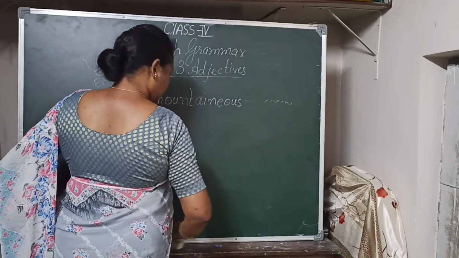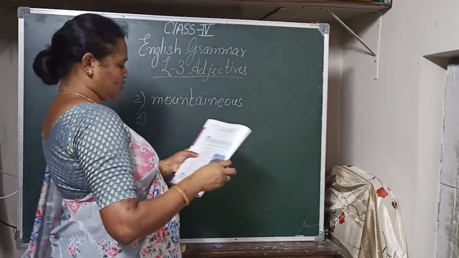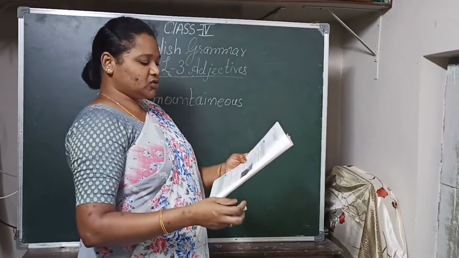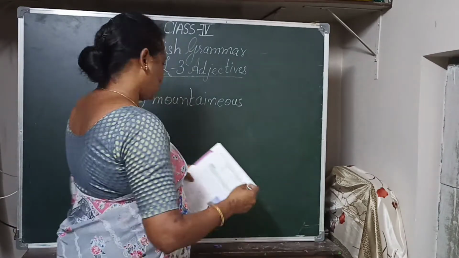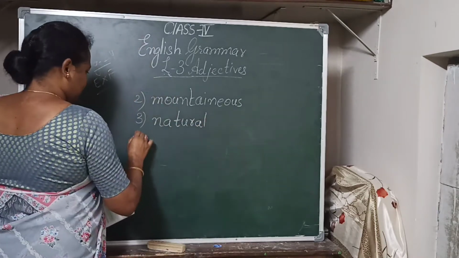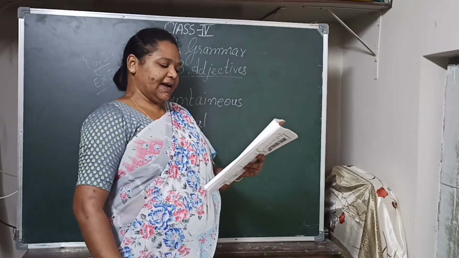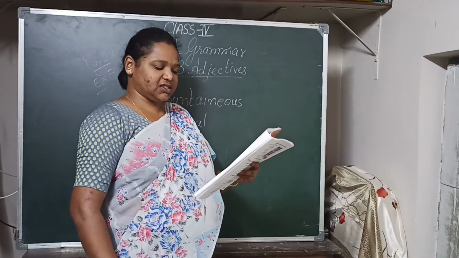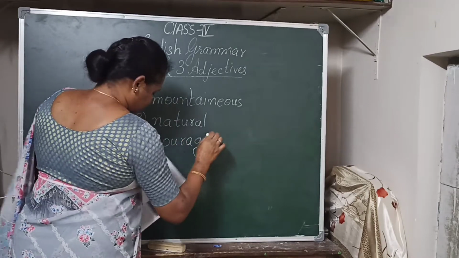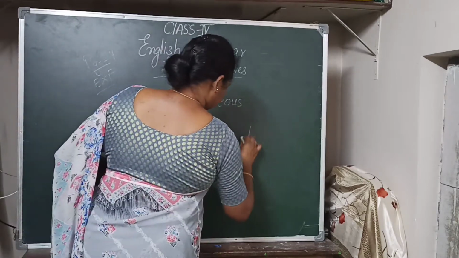Mountainous. Okay. Third one: it is dash to be angry when somebody misbehaves with you. So, natural or naturous? Natural. It is natural to be angry. Fourth one: it was dash of her to go on the dash trek alone. So, it was courageous. The correct spelling of courageous is C-O-U-R-A-G-E-O-U-S, and dangerous.